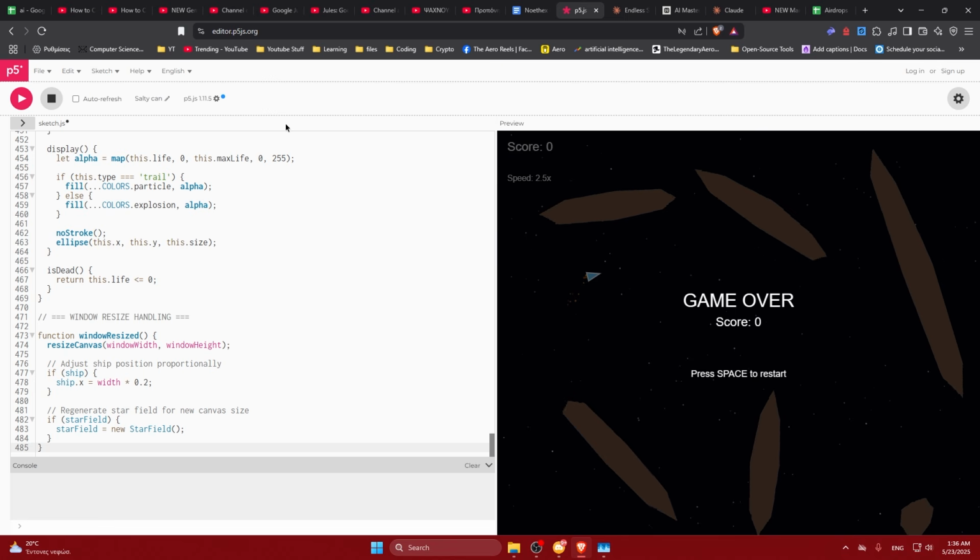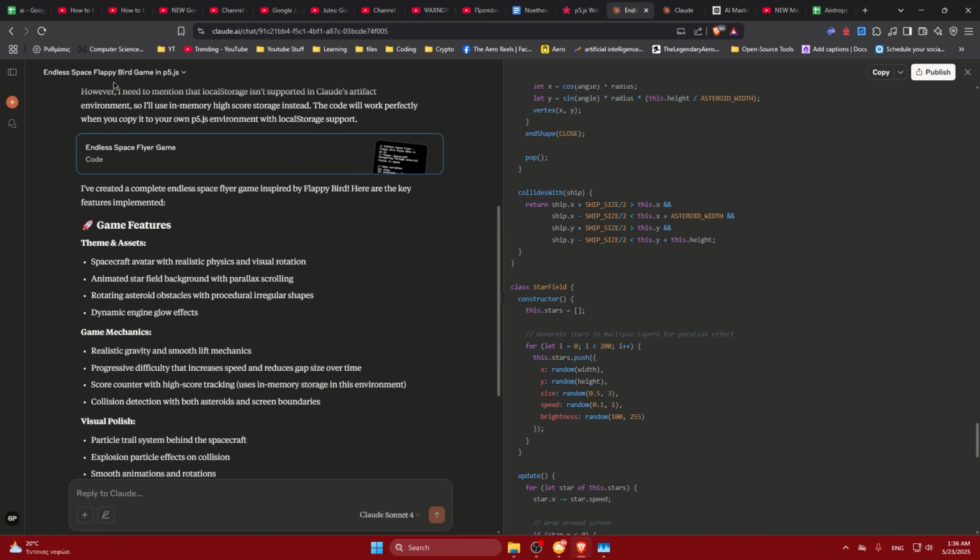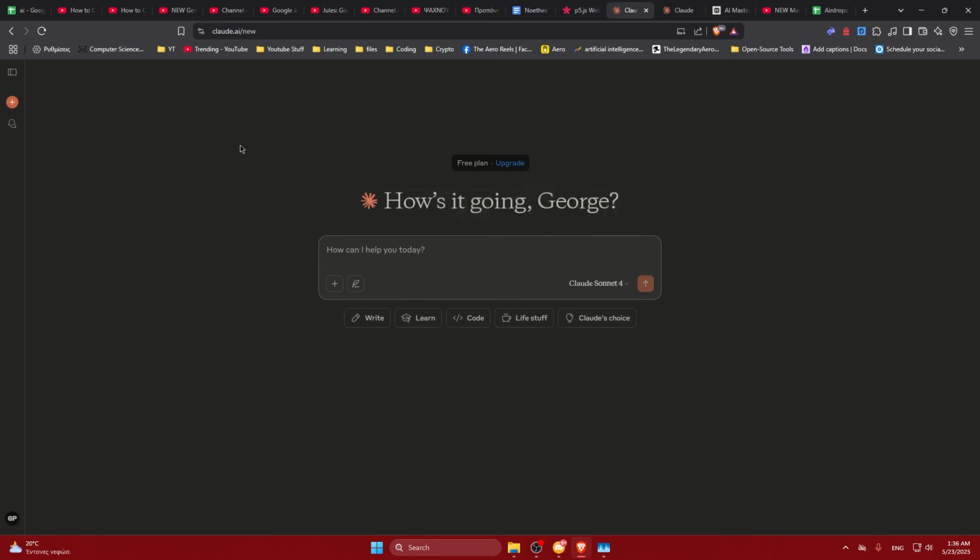There's just a lag of P5JS. So that's why the obstacle detection is not good. But at least the game is kind of good. It's not the most perfect game, but I guess it does the job. So in my opinion, Claude 4 Sonnet at its current stage, what I'm seeing right now, I don't love it. In all honesty, it doesn't feel that great. Maybe I'm making a mistake, but I have seen a lot better